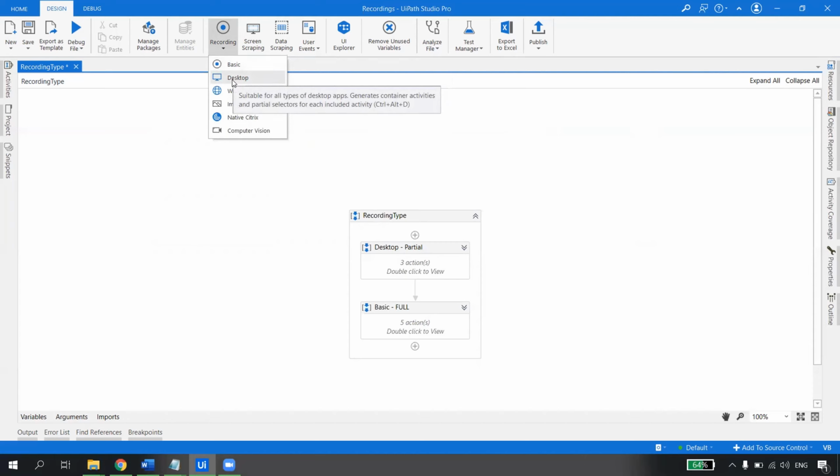And if I hover over the desktop, what does the desktop say? Suitable for all types of desktop apps. Generate container activities and partial selectors for each included activity. Right, included activity means it will generate a container. So now whenever you are having an automation,